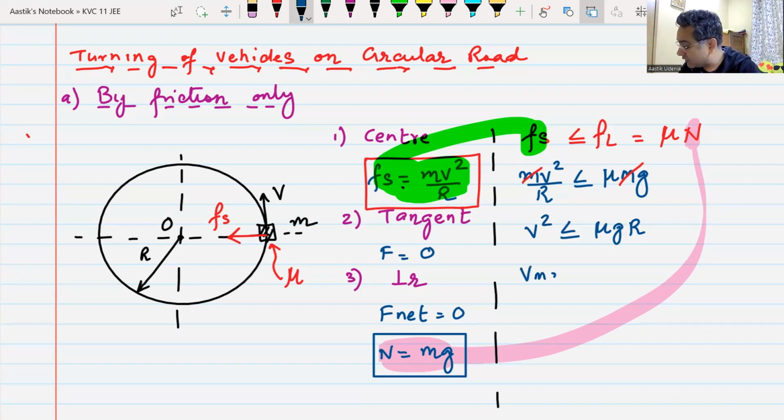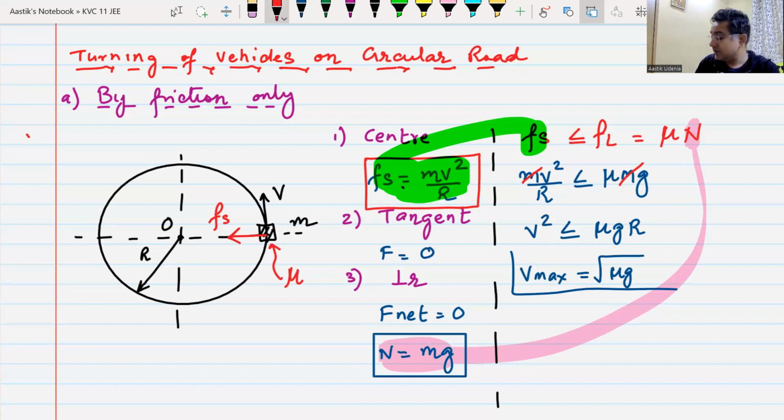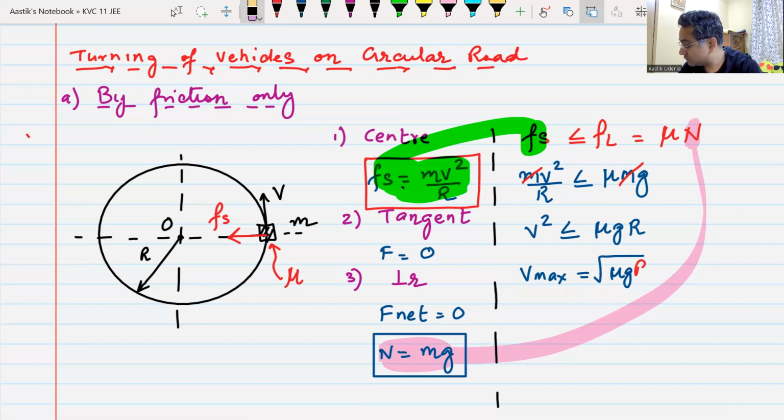So I can have a maximum velocity, and this is the maximum velocity with which you can turn on a road using friction only. V max is root over mu g into r. Oops, what has happened here? V max is the root of mu into g into r. Now, whatever happens if